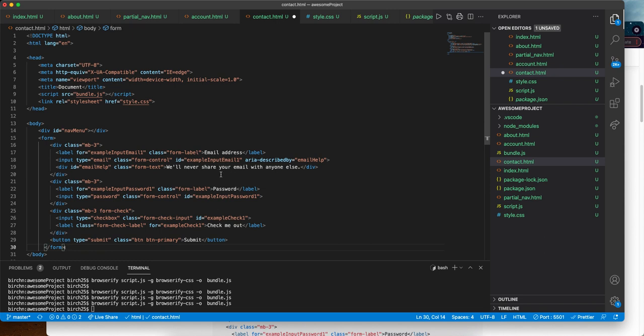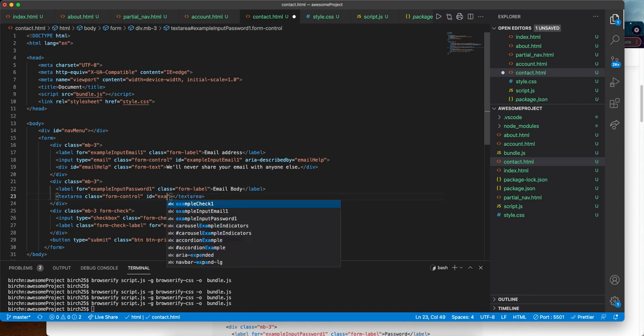For the email address, that's good. And then right here we'll say email body. Okay. And then instead of an input, we'll do textarea. And textarea also needs a closing tag, unlike input. It's not a type password. Actually, I don't even think we need a type there. And then right here we'll say example. Well, we'll just say email body for the ID. We're not going to use that